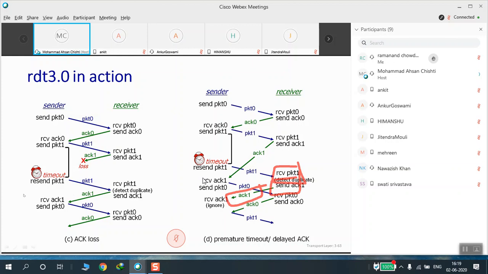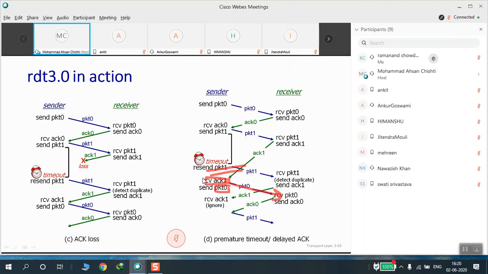Let me just clear it up. So let's see here. Since timeout happened here, the next packet was sent here, but it received the acknowledgement late. Receiving the acknowledgement means that packet 1 was received successfully. It prepares the next packet and sends the next packet that we see here. But during this time, a duplicate was detected by the receiver.